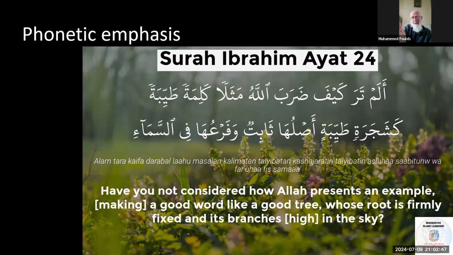And when we recite ayat 24 of the tree, notice that when these letters come up with the ikhfa, with the tajweed understanding, when we are reciting, it's clear, it's smooth, it's easy on the tongue, subhanallah. Just because for us the lesson is because this is a good tree. Alam tara kayfa daraba Allahu mathalan kalimatan tayyiba. This is a good tree, good word to a good tree. La ilaha illallah. Ashhadu an la ilaha illallah.